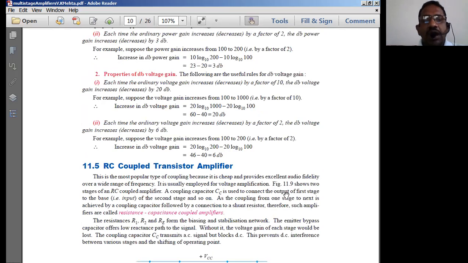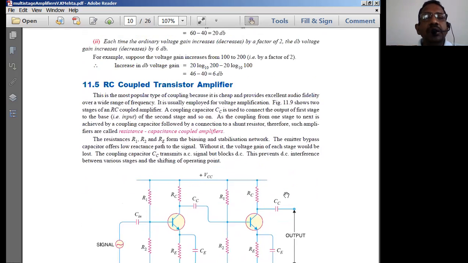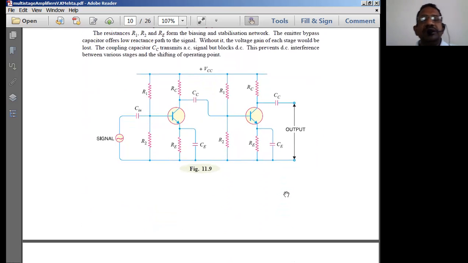Okay, this we discussed, and we discussed the RC coupled transistor amplifier stage. Now this is the basic circuit of an RC coupled transistor stage. Because it is an electronic circuit, it has to be operated by DC, so we are applying DC plus VCC. Because of VCC, DC biasing is applied to the transistors via R1 and R2, known as biasing resistors, and the Q point is stabilized because of RE, known as the thermal stabilization resistor. Because of CE, AC gain is applied, and because of CC and Cin, we couple only the AC signal between the input and output side of the component capacitor.